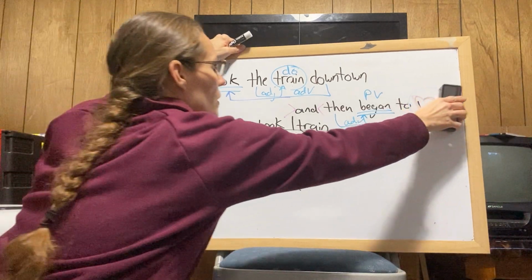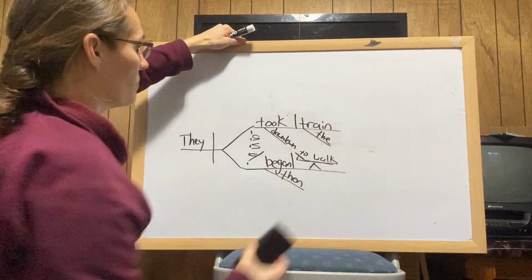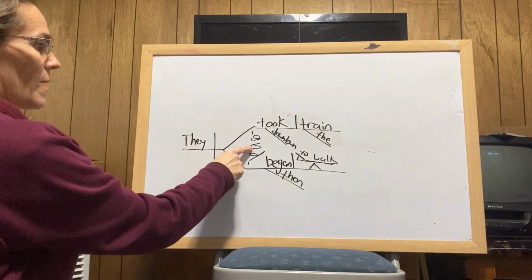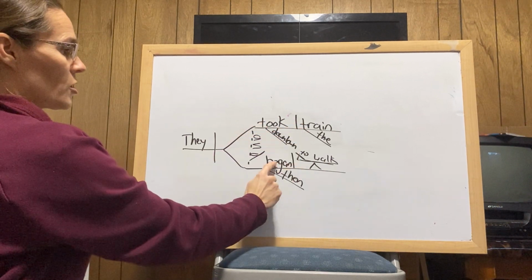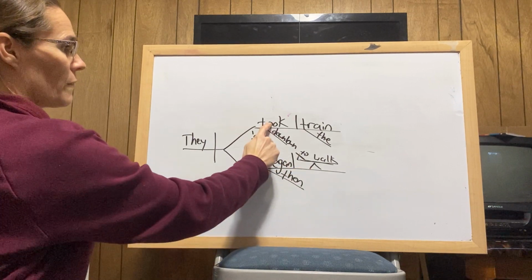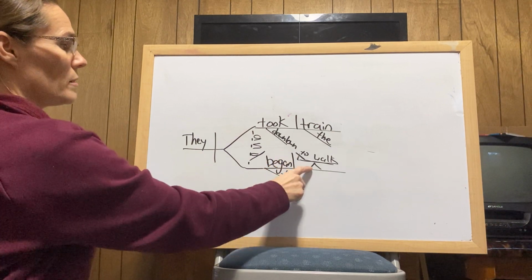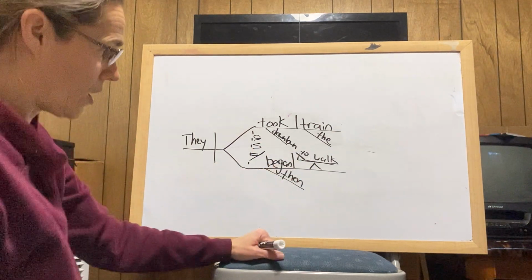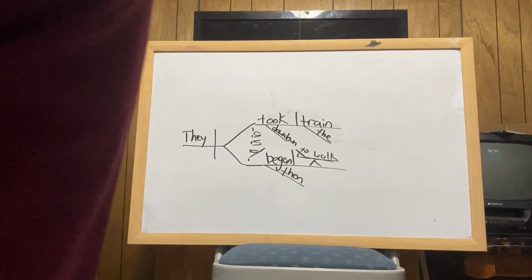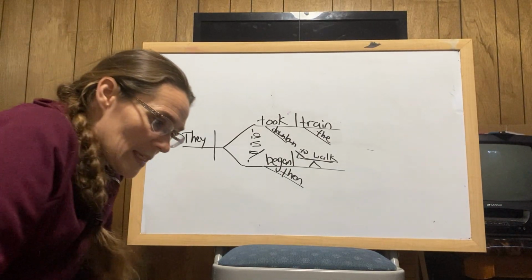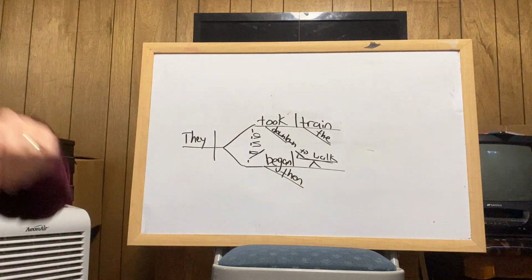So I'm going to erase this so you can see the diagramming a little better. Okay, so we have our subject, we have our compound verb. They both had direct objects. So we have a verb, our direct object, to walk. Our verb took who or what? Took the train. Began who or what? Began the activity to walk. Okay? All right. Let's see how long this video is, because it takes a long time to download. And we will stop there. I'll throw in some extra sentences tomorrow with our other lesson. Bye.